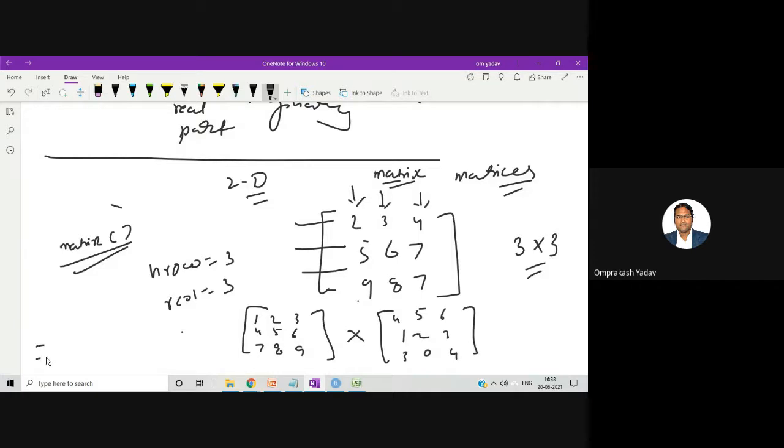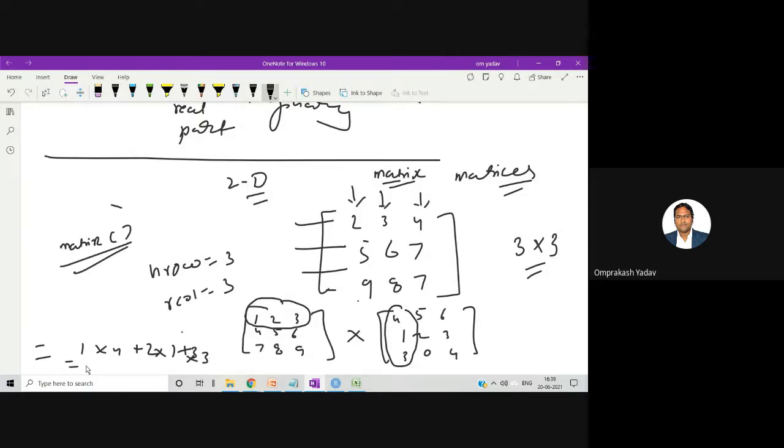So what will happen, we have to take the row of one matrix and the column of the second matrix, right? And then you multiply. So it's like 1 multiplied by 4 plus 2 multiplied by 1 plus 3 multiplied by 3.